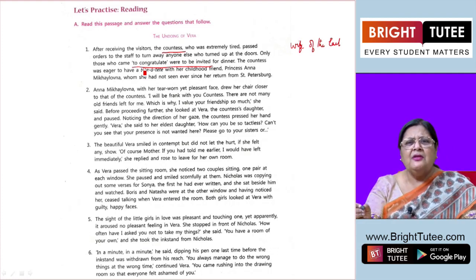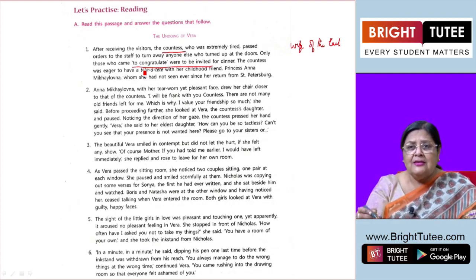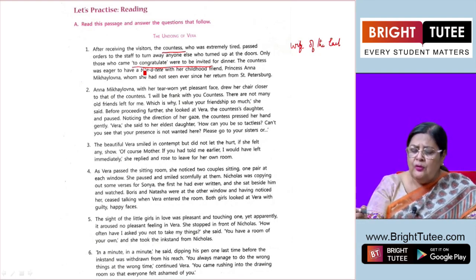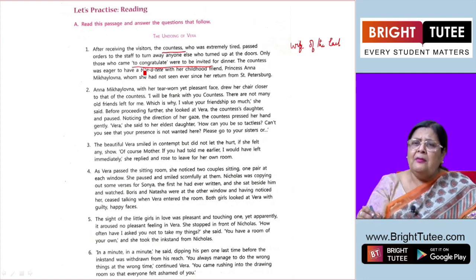There must be some reason to congratulate her that has not yet been discussed. Since she was the wife of the earl, many people used to come to congratulate her. So that might be one of the reasons, and she had only ordered to bring them inside the house